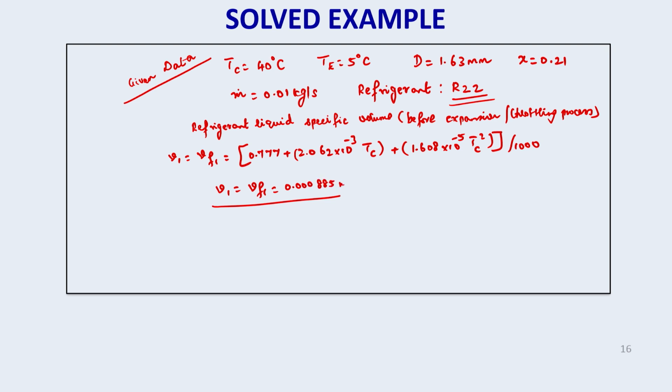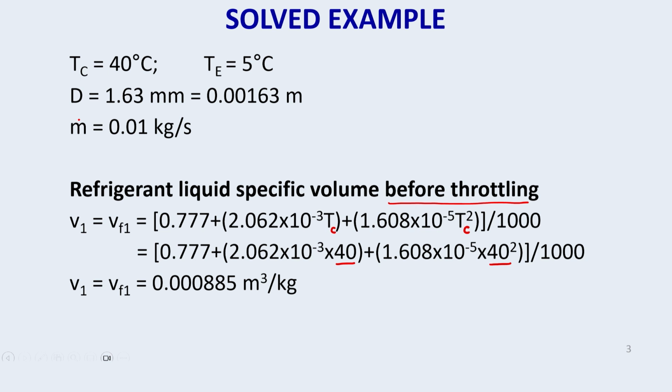0.000885 meter cube per kg. Specific volume is the reciprocal of density. The density unit is kg per meter cube. So therefore, the unit for specific volume will be meter cube per kg. So this is the refrigerant liquid specific volume before throttling process. Okay, so we have found this as V1 equal to VF1 equal to